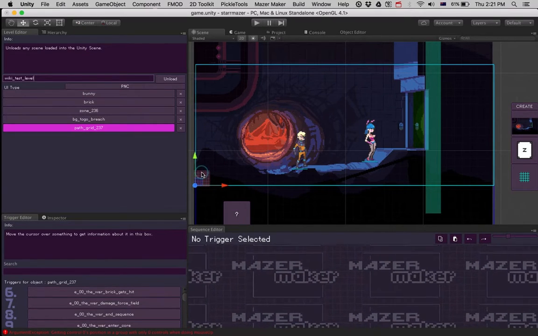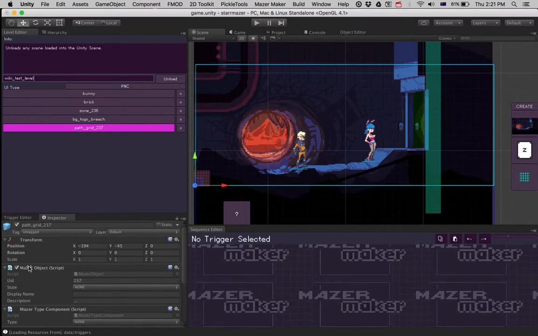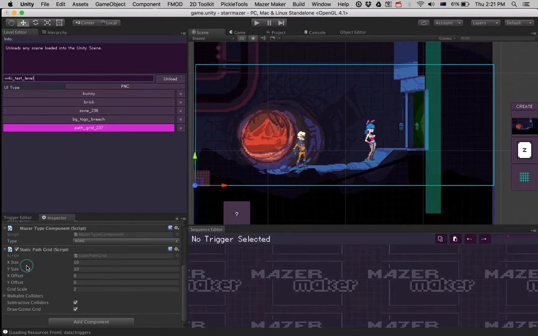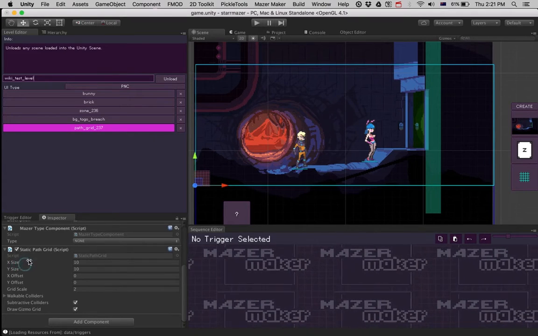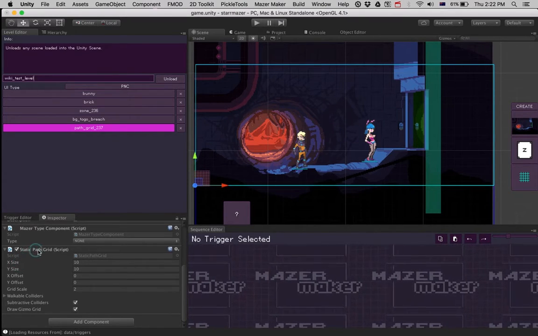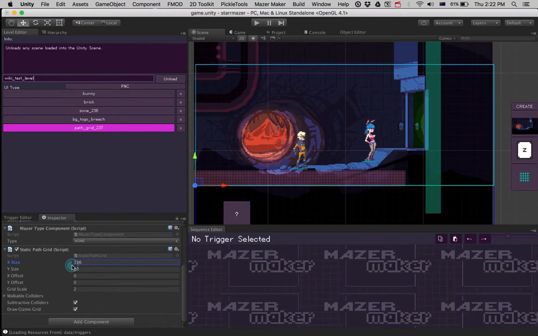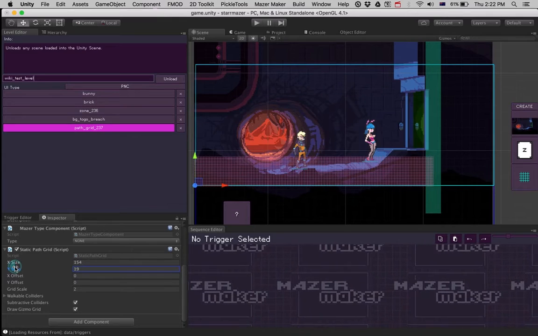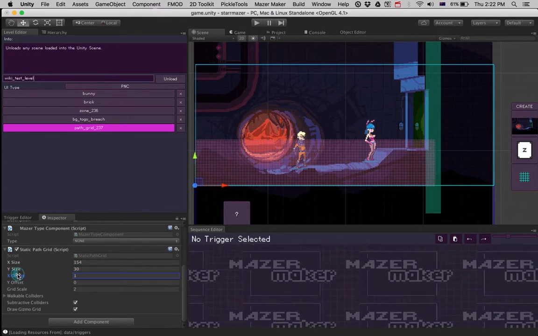To edit the path grid, you'll have to go into the inspector once it's selected in the view. There are a couple of components here that are displayed using the default Unity styling. We don't have a window for editing path grids, so you have to use this inspector view. You can use a static path grid script to adjust some of its properties, including the X size, how wide it is, the Y size, how tall it is, the offset, where it's positioned in the level,